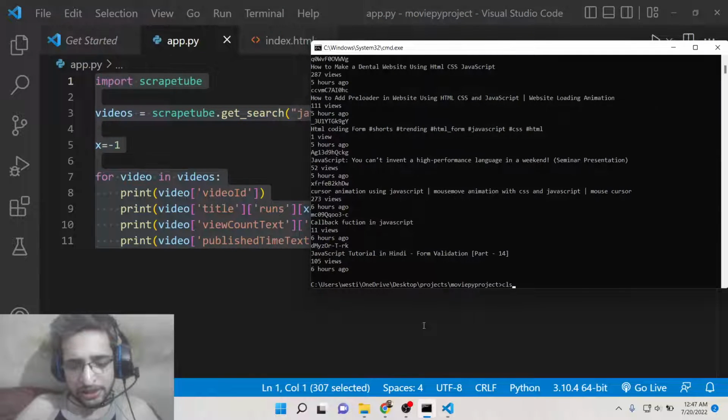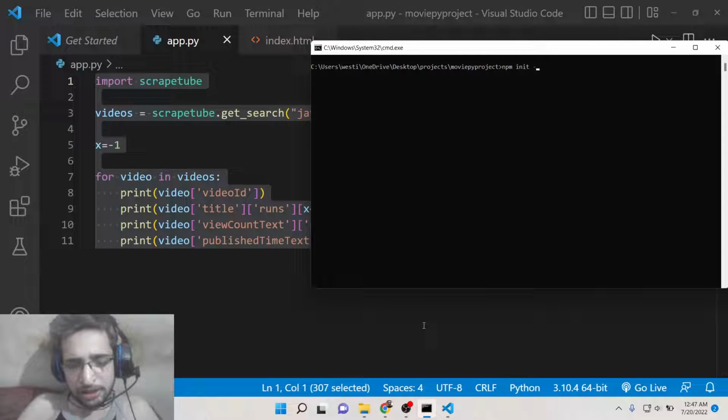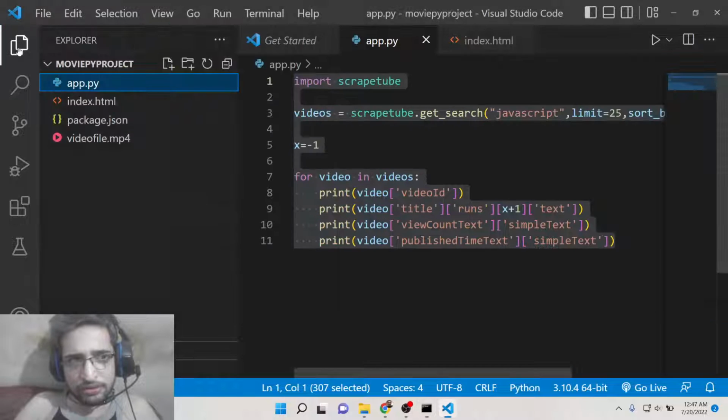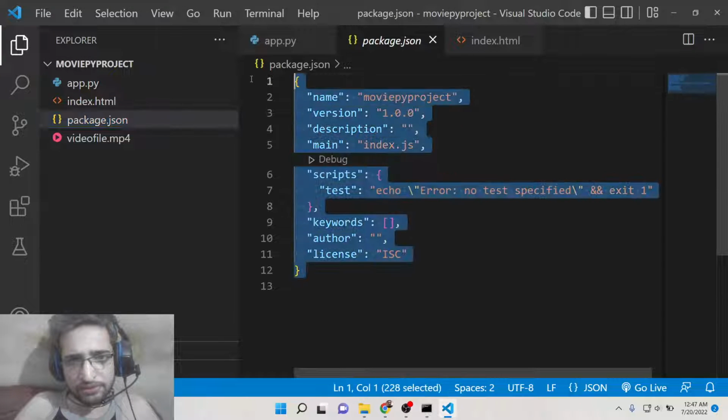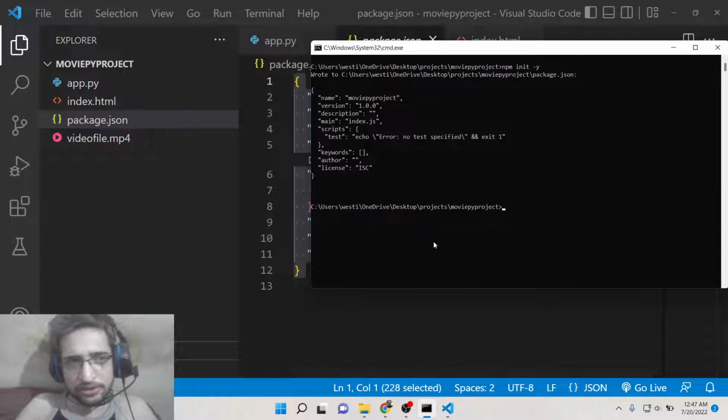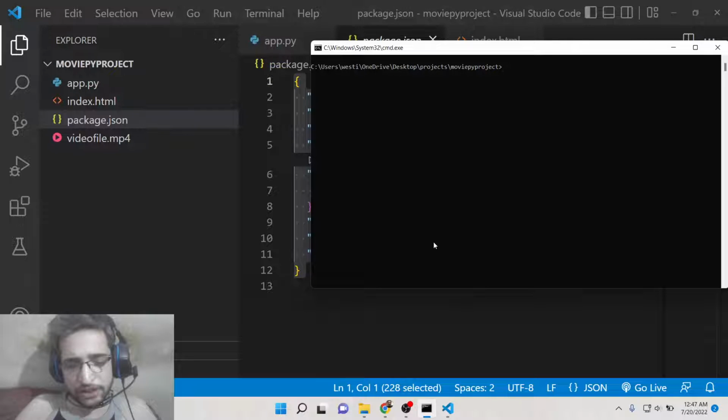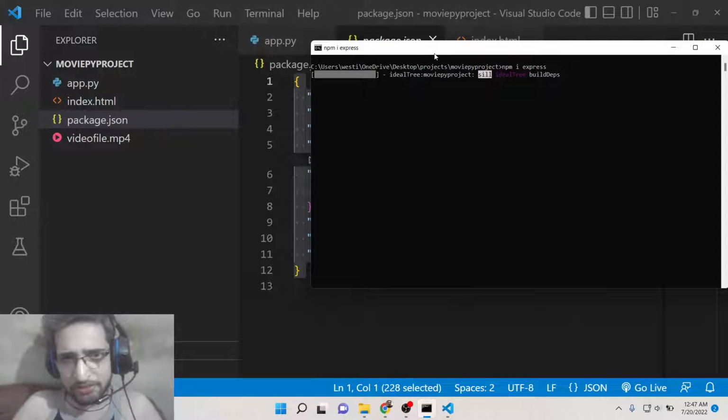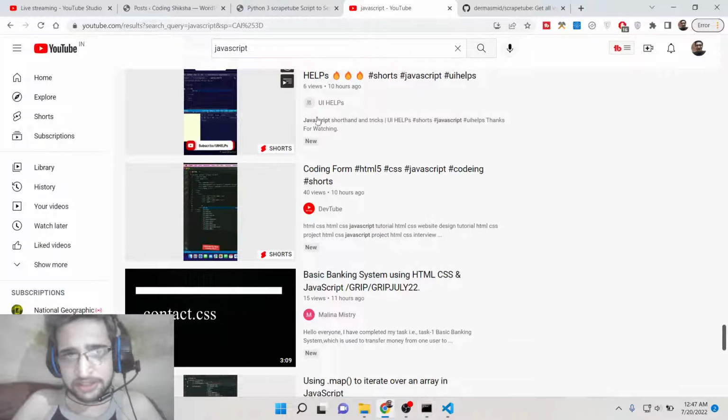So for building it, let me now run npm init -y. So this will create the package.json file for our Node.js application. You will see that. So inside this, guys, what we need to do is install Express. So we will only need the Express module to build our web server so that we can display the content